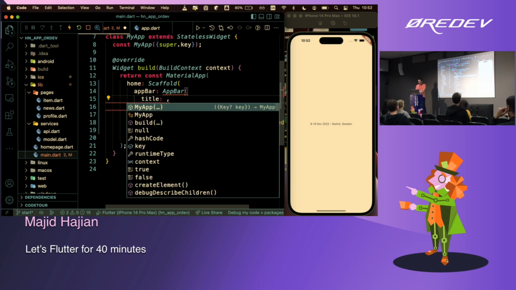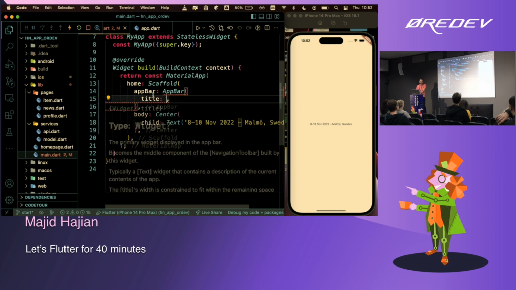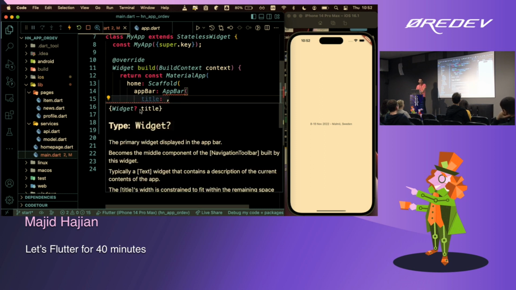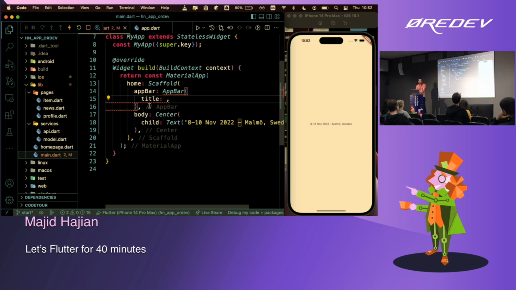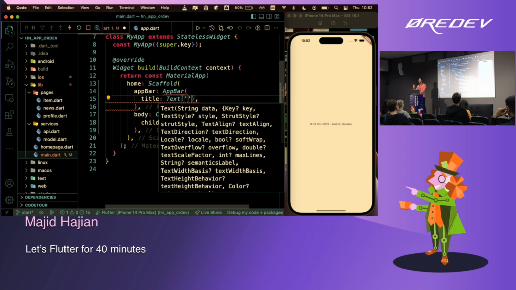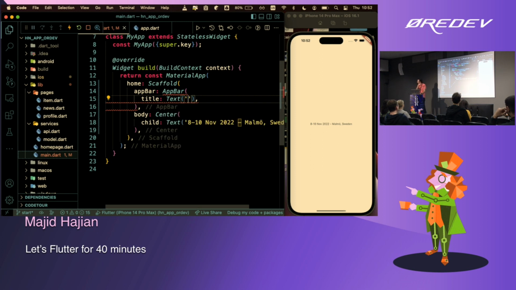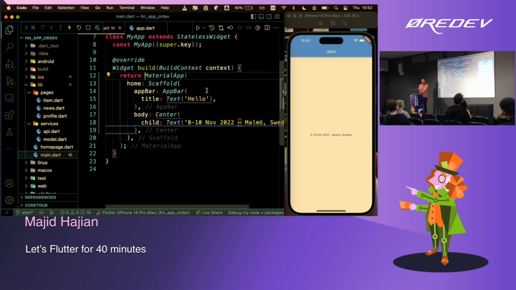And a title I want to pass is just, let's see, I don't know what I need to pass. I can take a look and say title is a widget. All right, so title usually is a text. So I'm just going to pass a text. I'm saying text, and I find text. That's it. Text is a class, and I pass now my text. Hello. Because I need to remove this, don't worry about that const. I'm not going to confuse you. So now I got an app bar on top.